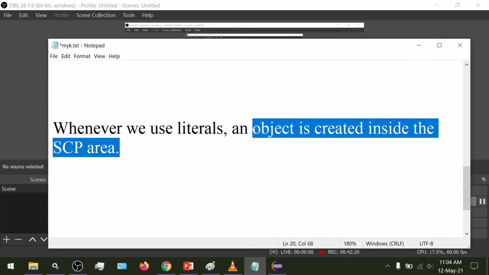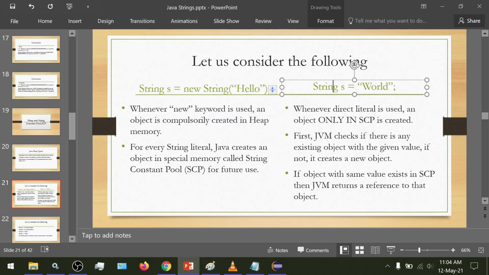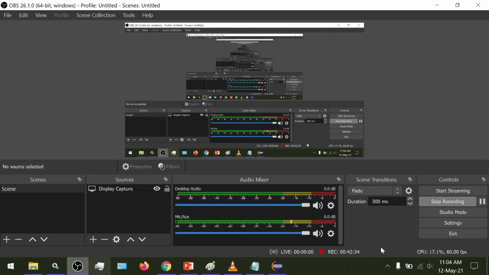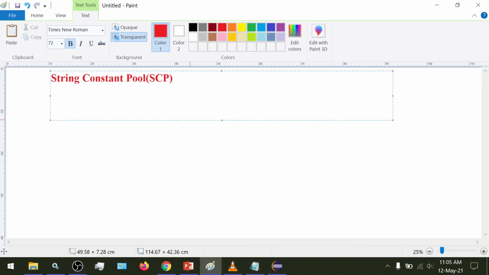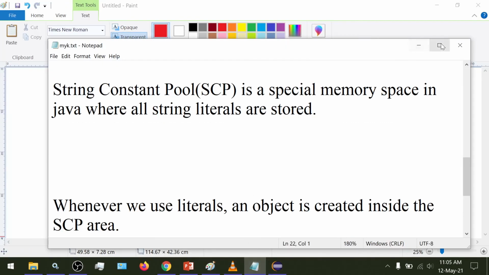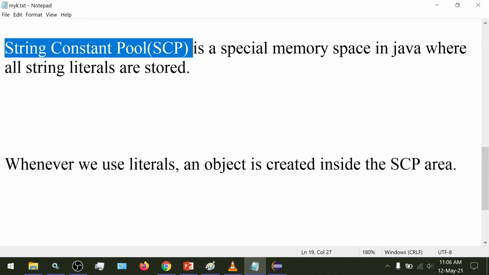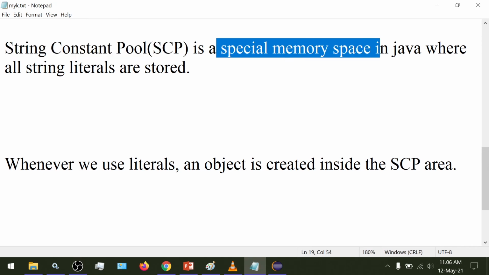So the SCP area is a special memory. So SCP or string constant pool is a special memory space in Java where all the string literals are stored.